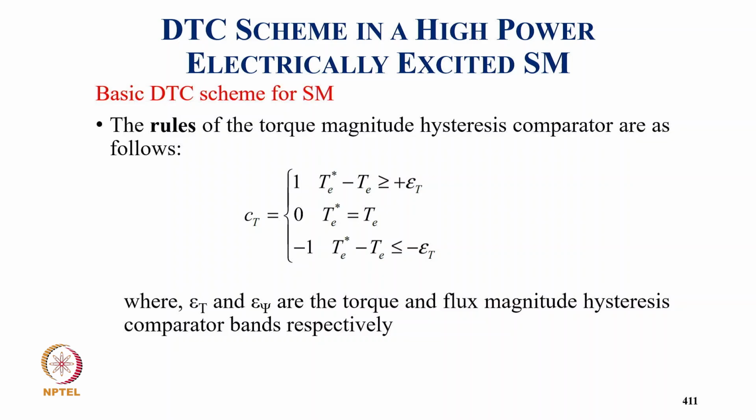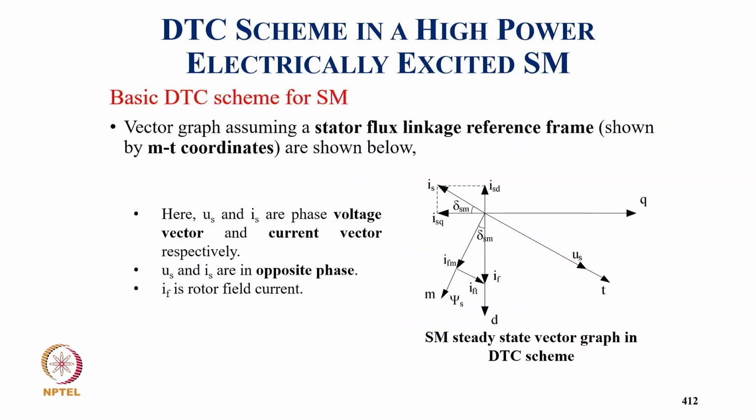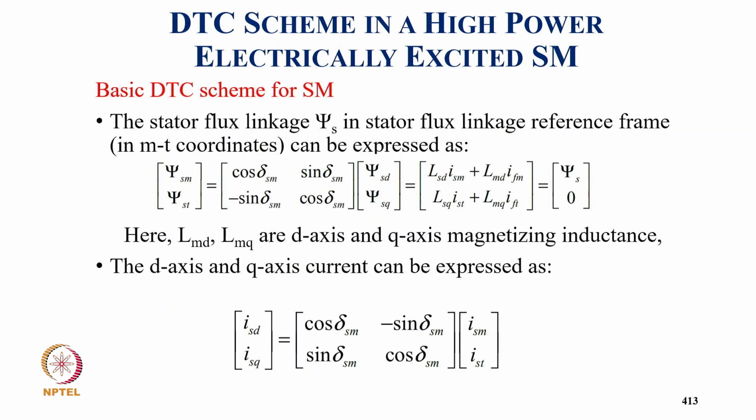And the rule for torque magnitude stage control: CT equal to 1, 0, minus 1, when T minus TL is greater than eta, or equal, and T equal to T star, when T minus TL is less than minus eta. That is the error between them, and this is a vector graph assuming hysteresis flux linkage shown for MT coordinates. So now coming to basic DTC of the hysteresis flux vector in hysteresis flux linkage reference frame in